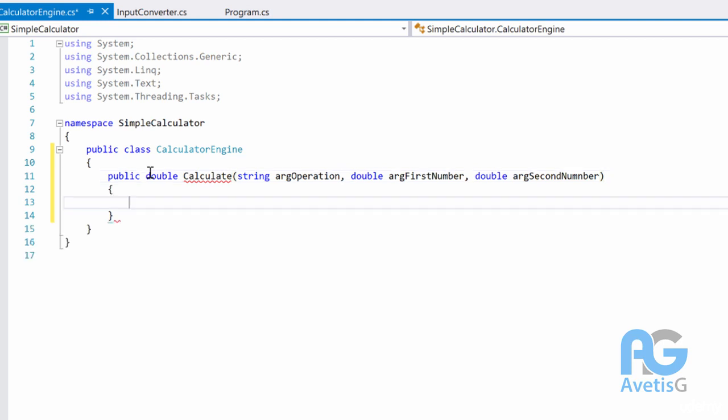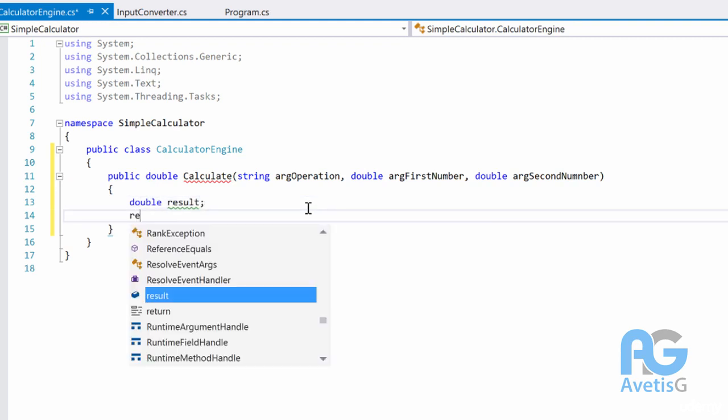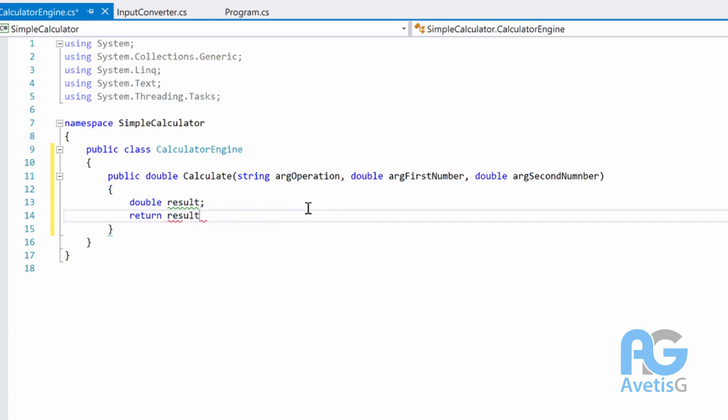Okay, so now let's fill out what's inside of this method. First, I will declare a result variable, and I will return that result variable. Not much so far, but now we are going to make decisions based on the operation. And I will be using switch instead of the conditional statement if, because now we need to have conditional statements to